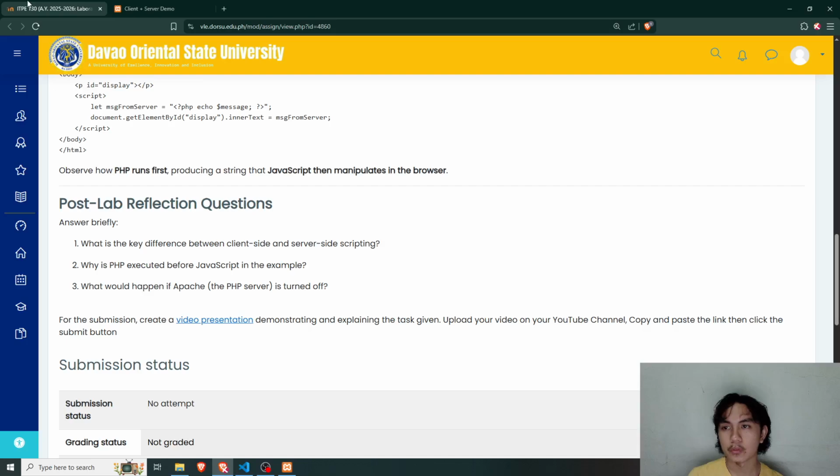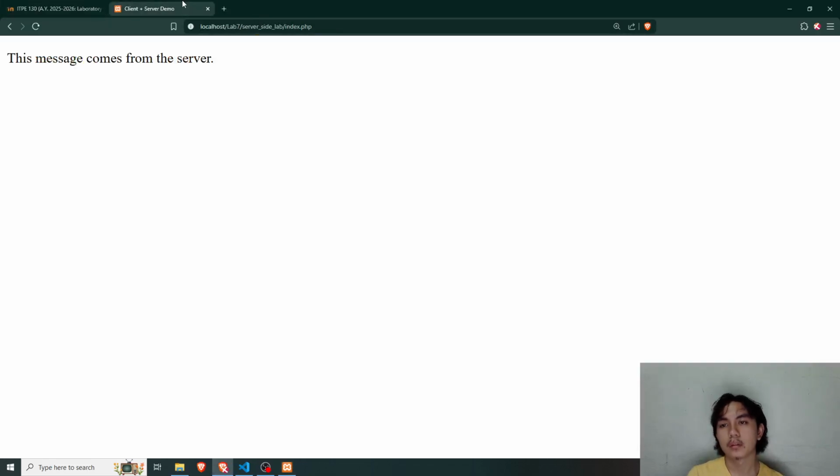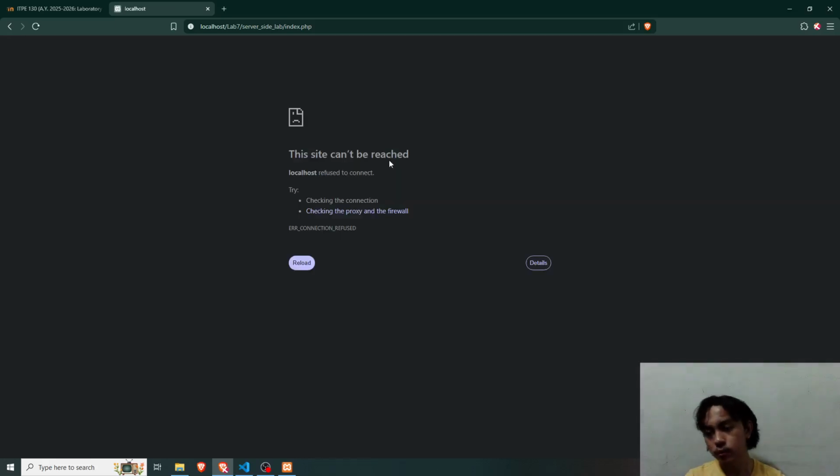Then what would happen if Apache, the PHP server, is turned off? Let's try turning off the Apache. Stop. Let's try refreshing this page. Why does it load so slowly? Because it wasn't able to connect to our server, which is the Apache.